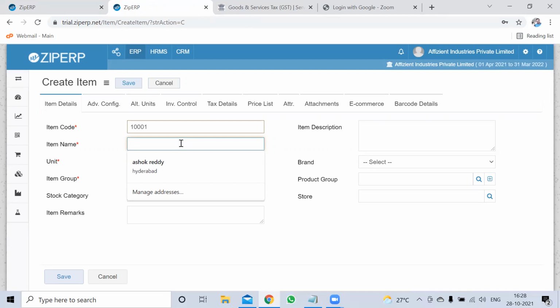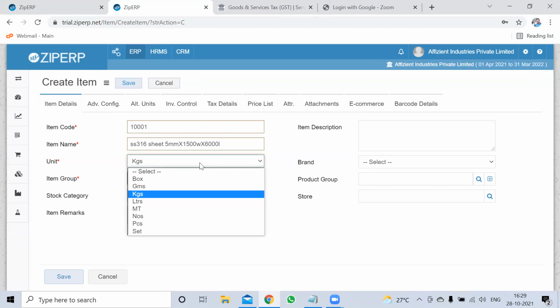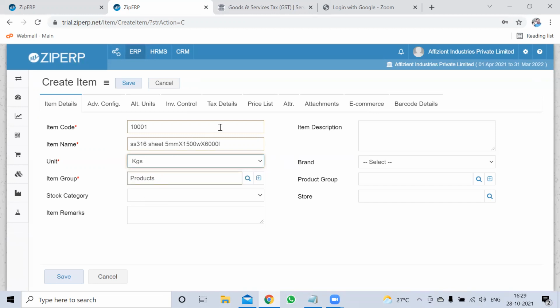Sheet, project sheet. What is the unit? The unit is kg, 5 mm, 500 width, and that is the length. Here, this is the item name and this is the name of the unit.